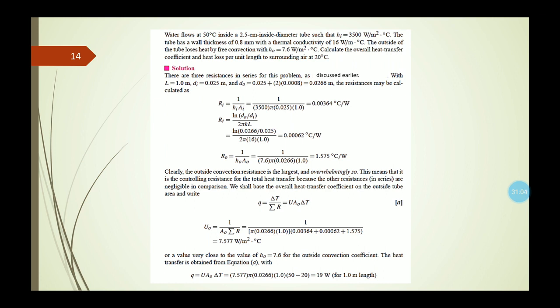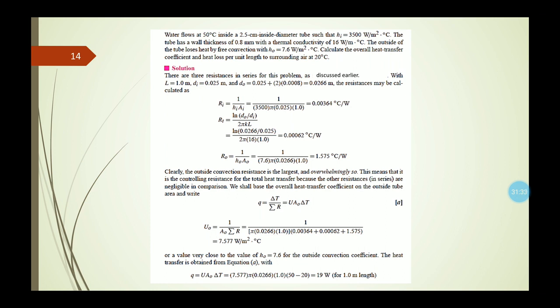We got this while discussing the thermal resistance in the case of convection, from the electrical analogy. Now if we put the values of Hi and Ai here, we will get the thermal resistance for the inner side